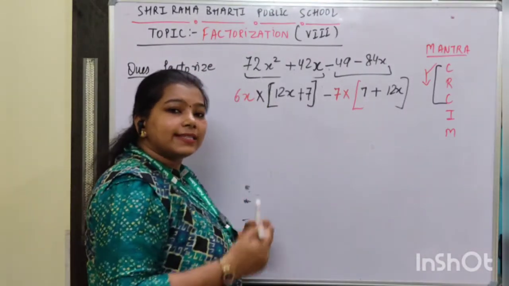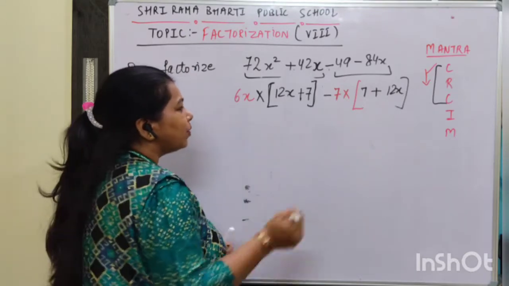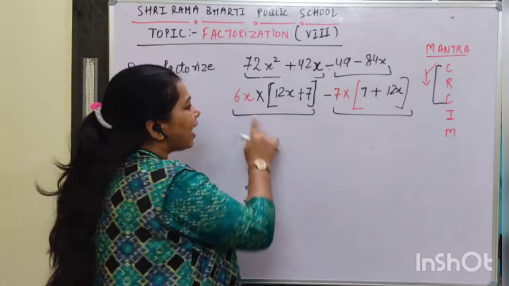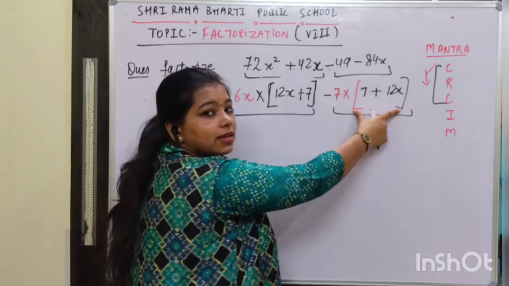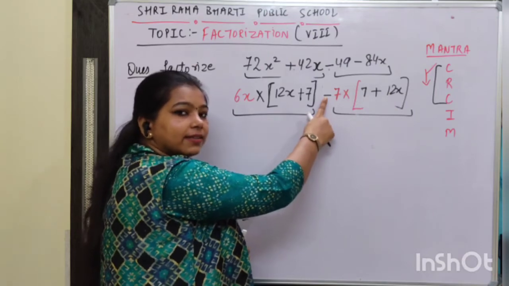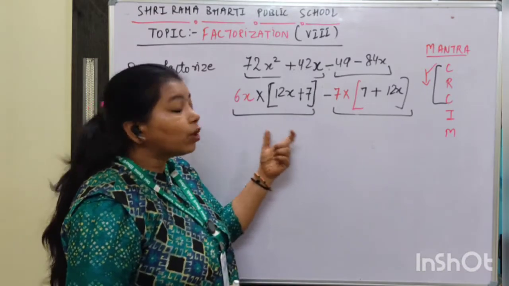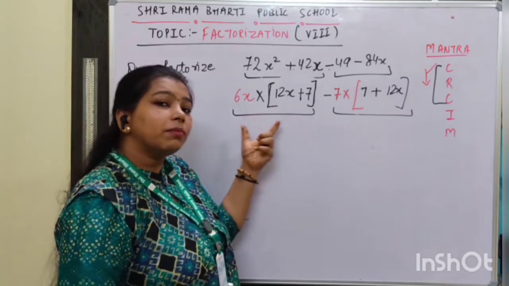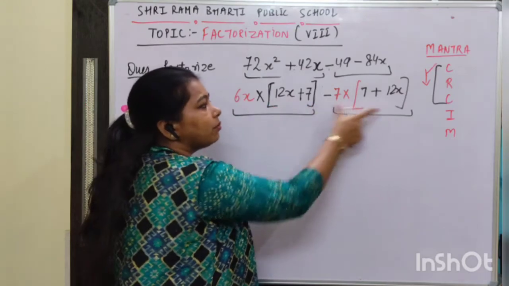So the next step is that we have to see how many terms are left now in this step. So we can see here, this is one term and this is the second term. How do we identify this? As you can see here, this number is getting multiplied with this number, and here this number is getting multiplied with this number, and they both are joined or combined by the sign of minus. So we can say that this is one term and this is the second term. Now we have to find another common number. As we can see here, what is common here? So this bracket is common in both the terms.